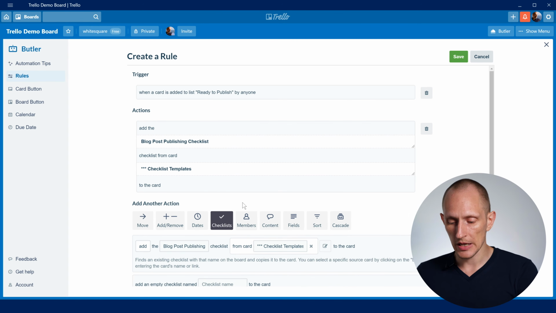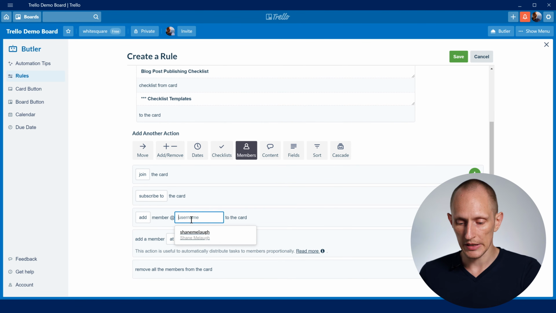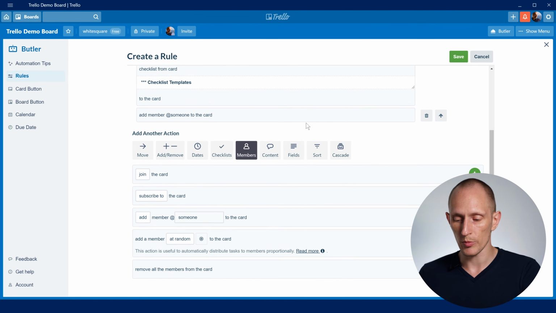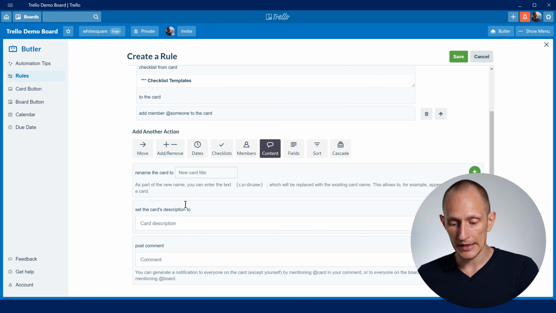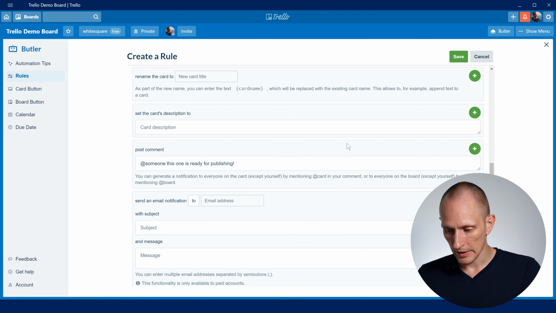And let's add some other steps to this as well. So let's say there's a specific member on the team who needs to do this. So we can say, add someone, we add them to the card as a member of the card. We can even add a comment: add someone, this one is ready for publishing. Let's add that